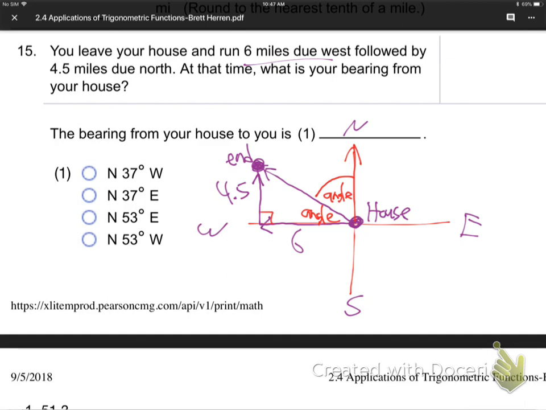SOHCAHTOA, I'm in the right triangle. It's tangent again, isn't it? So call this one theta. Tangent of theta is opposite over adjacent, 4.5 over 6. How am I going to find theta there? What am I going to do? Tangent of theta,